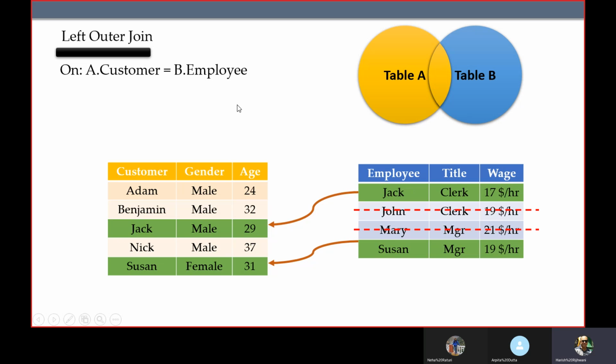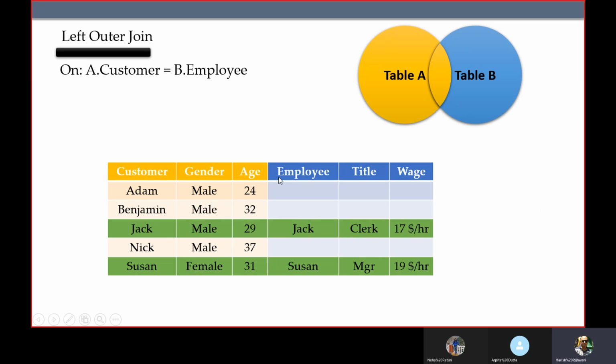Now, if I look at it the other way, when I have this table, if I do a left join, right, this was an inner join. If I do a left outer join, what it indicates is I want all records of my left hand side table, that is customer table. So my output will get, if there is a record on the right hand side, it will be joined with the respective record of the left hand side. So customer Jack is also an employee, so you will get a record for that. But customer Adam is not an employee. Customer Benjamin is not an employee, so you will not get records for that from the right hand side table. So your output is going to be like this.